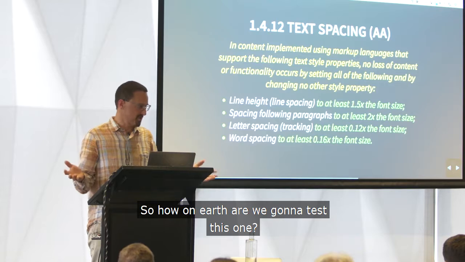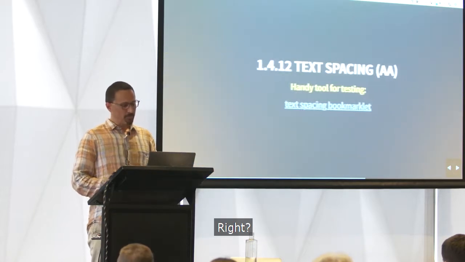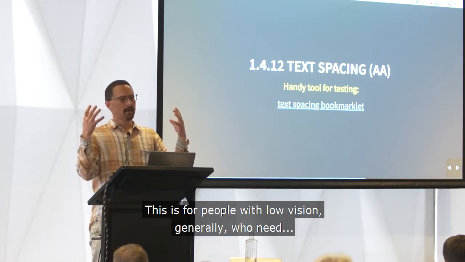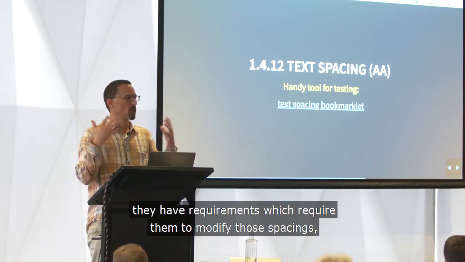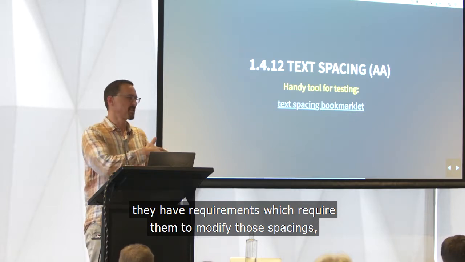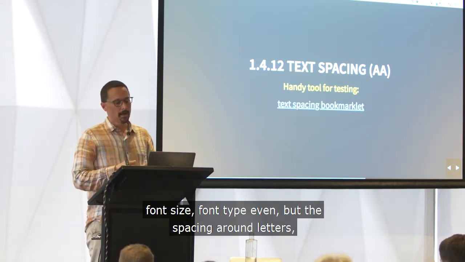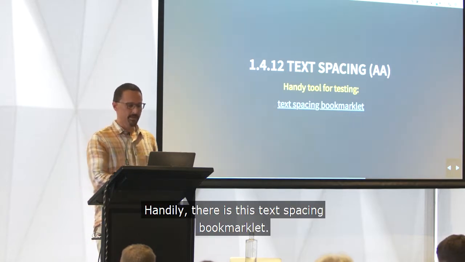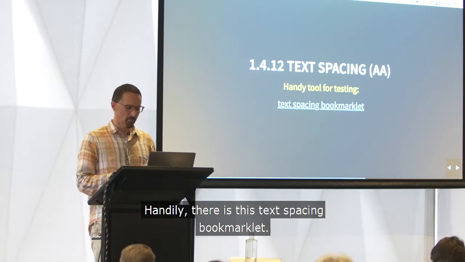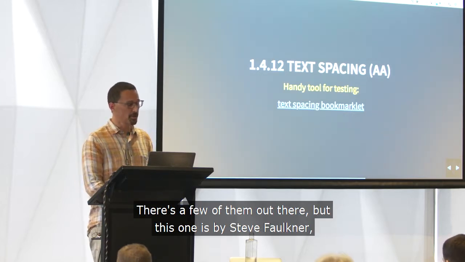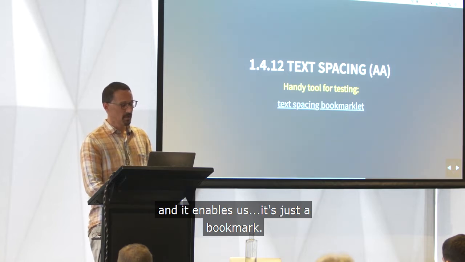So how on earth are we going to test this one, right? This is for people with low vision generally, who have requirements which require them to modify those spacings, font size, font type even, but the spacing around letters, around words, around paragraphs. Handily, there is this text spacing bookmarklet. There's a few of them out there, but this one is by Steve Faulkner, and it's just